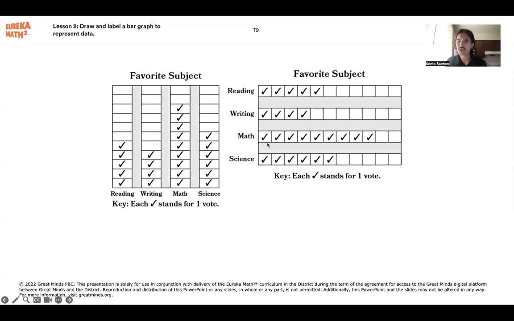Yeah, it's kind of the longest one, right? It goes the longest. It wasn't the tallest one like we saw on the first graph here, but it is the longest one, right? So even though our orientation or direction is a little switched up, it's still the same information. It tells the same story, right? And so we're going to do a little bit of work with sideways graphs today,